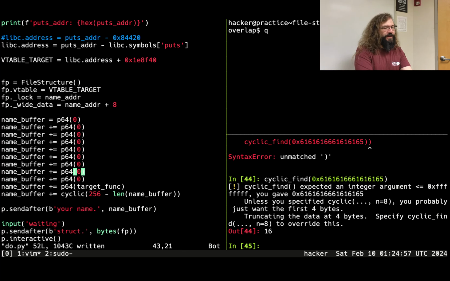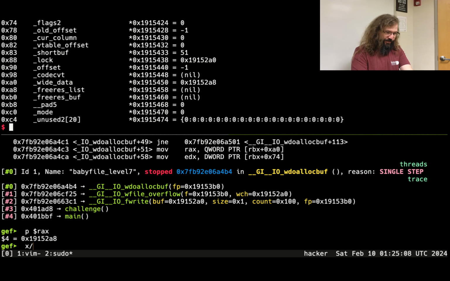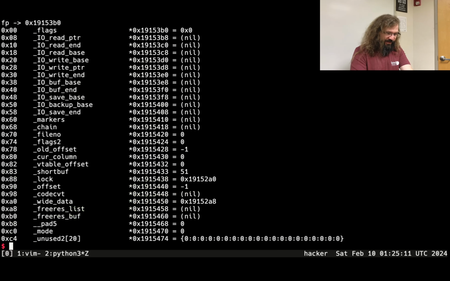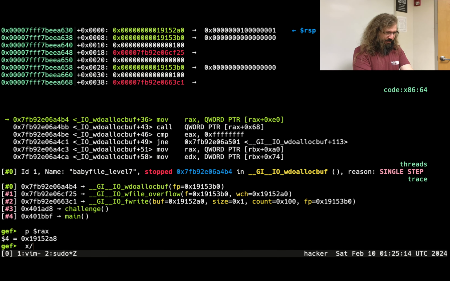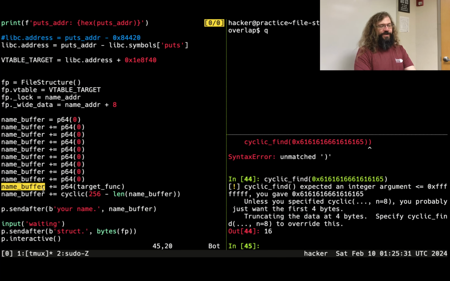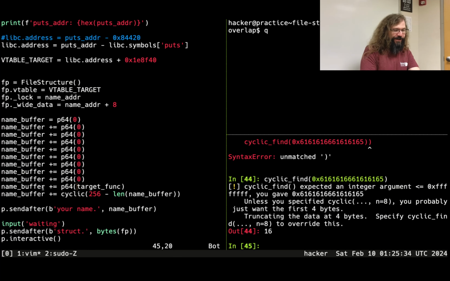So then this right here is what I want to be called. So I want RAX plus hex 68 to be that, which means I need to subtract hex 68 from this location. And this location is name address plus